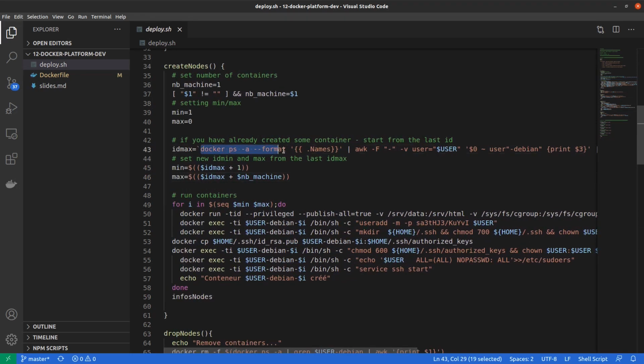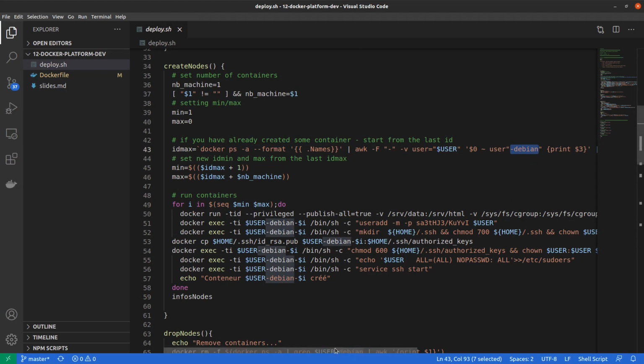The docker ps checks containers with the name with -debian,